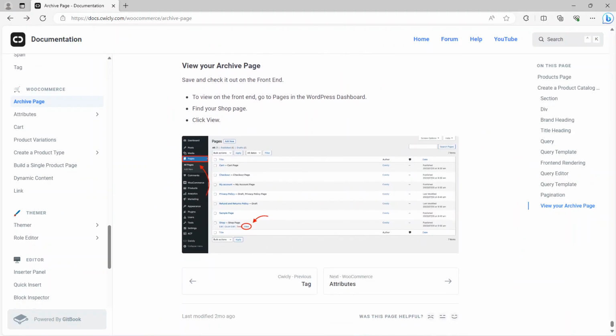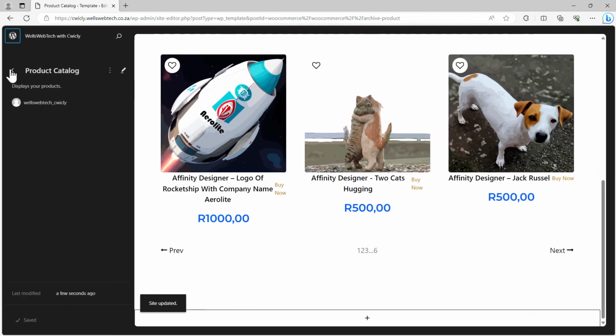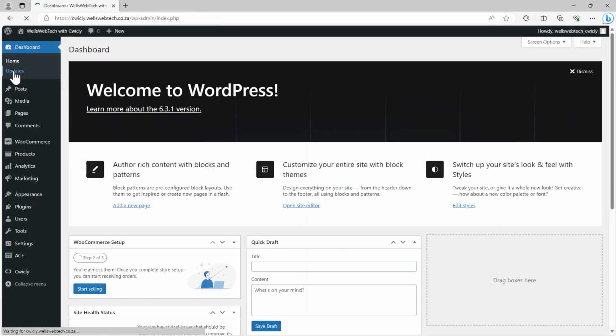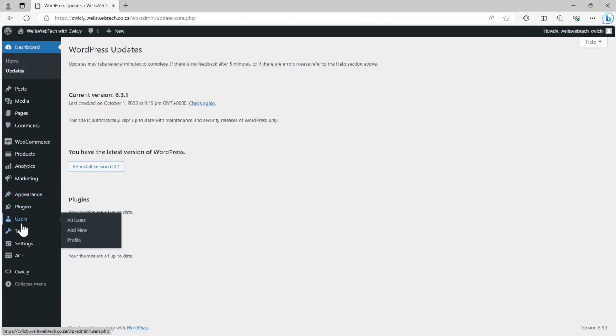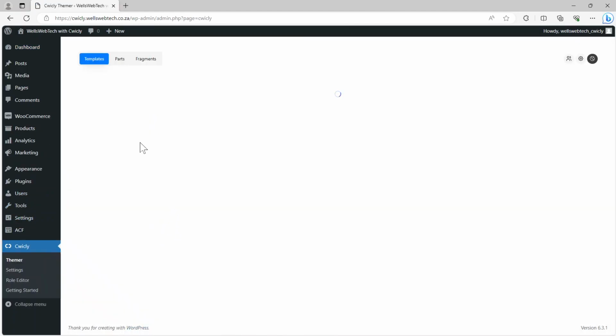And then now you can view your archive page. Alright, and so this is where they don't really give you too much detail, but I've created it and I've called it product catalog. So what I normally do is I go out of it. So I'll just go back here, go back there, go back. Then I go back to Cwicly. I go to Themer, and